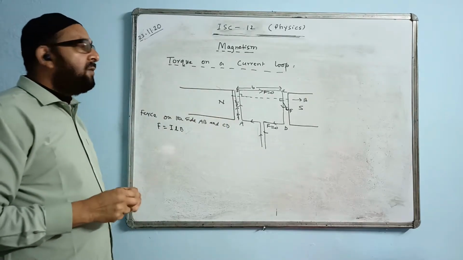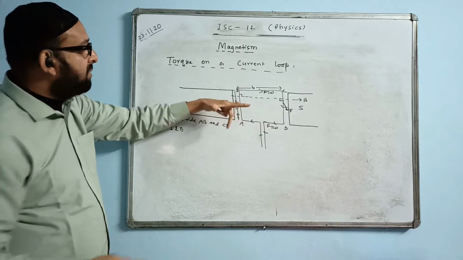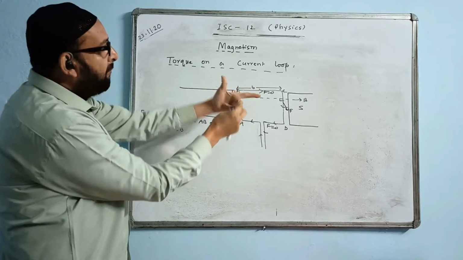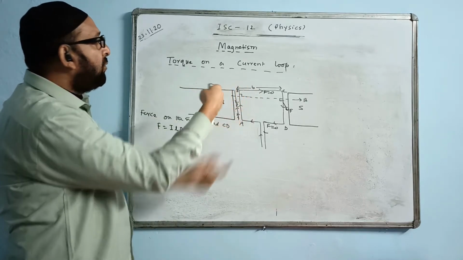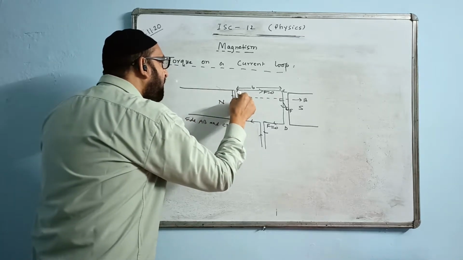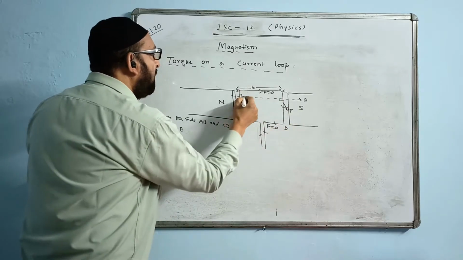And out here, what direction will the force act? The direction of current is exactly opposite to this. Let us check. The current is going up there, so you turn the finger upward. What direction will the thumb go? Now the thumb is going inward, like this. Here the force will be acting in the inward direction. This is outward, this is inward. Here is F.